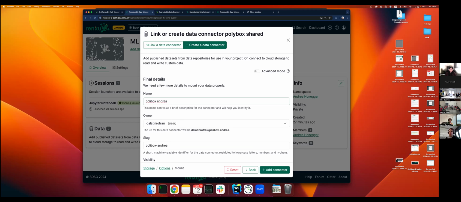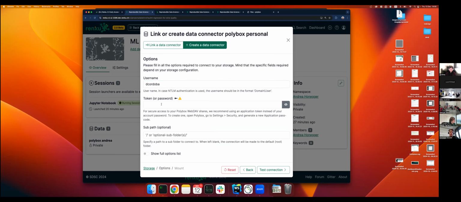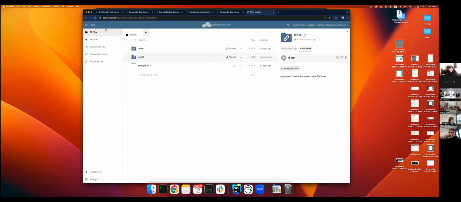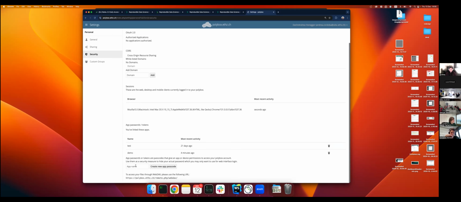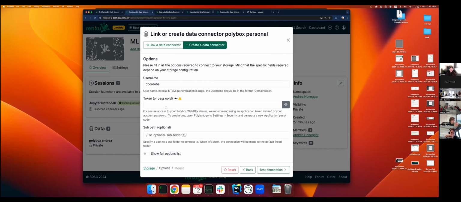And for the other case, for PolyBox, if we want to connect with the whole personal storage, you can go here. And now in this case, you don't need to mess with links. Just include your username and the password. You could use the password, but we highly recommend, as it's written here, to use a token. So ideally, you can go to your account, go to settings, go to the security part, and here you can create a token. So let's say here we create this one, and yeah,